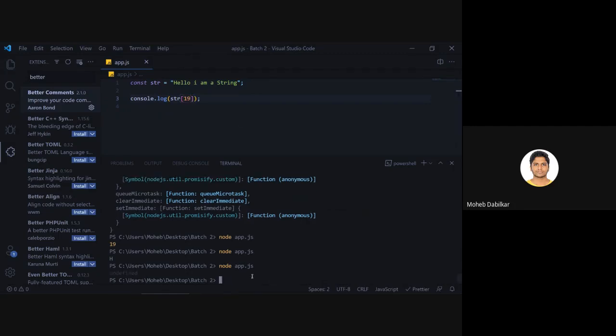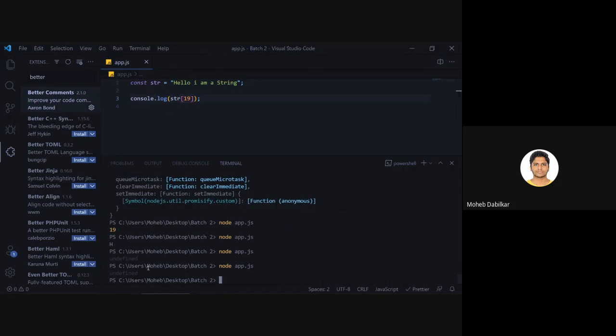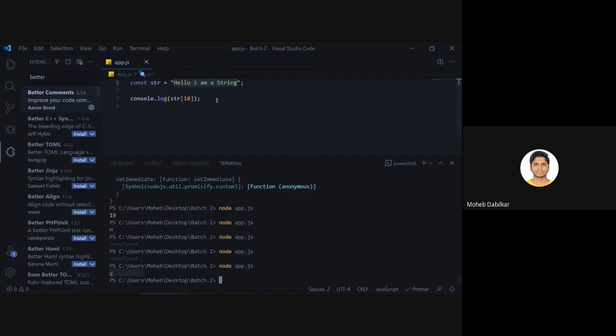Now, yes, it works, but it says undefined. This is because it starts from 0. Now, if you put in 18 over here, it should read out that G. In other languages it should print out 18. I don't know if things have changed or not, but now it says J, and now you can say 19, and it says undefined.